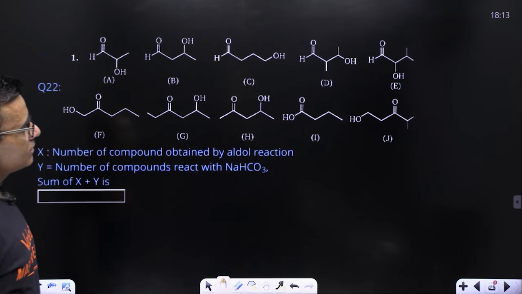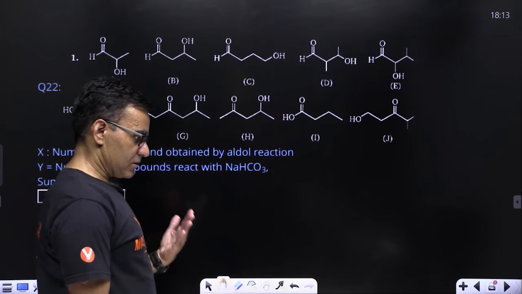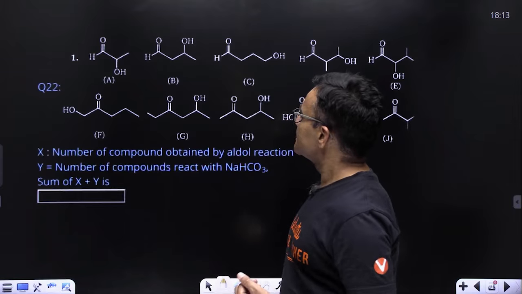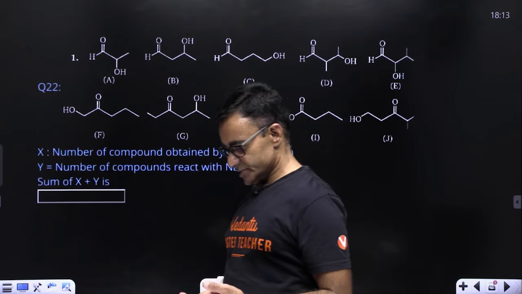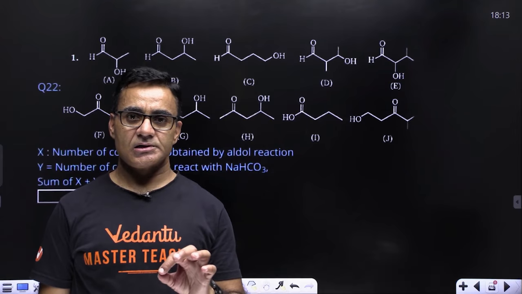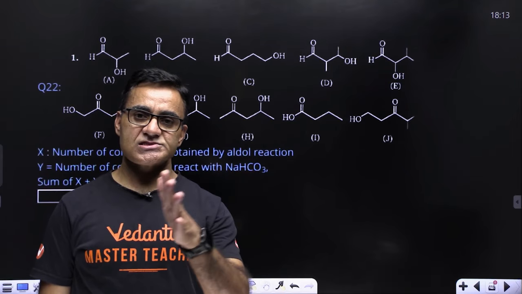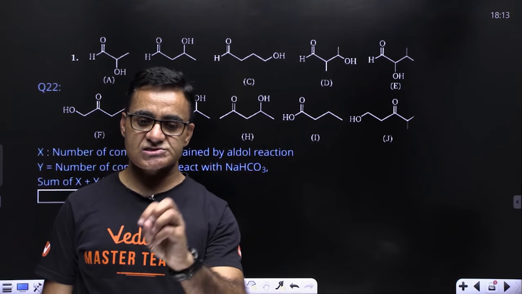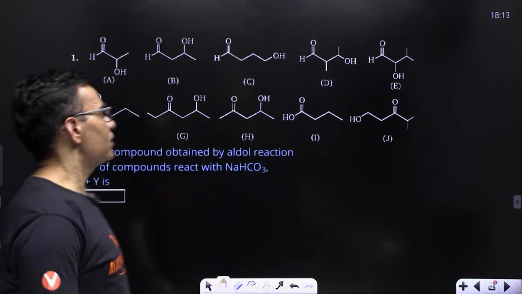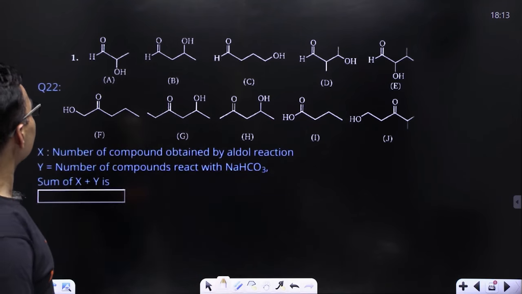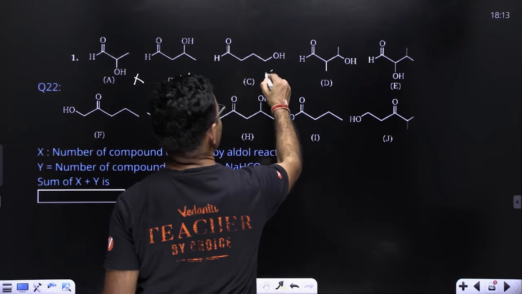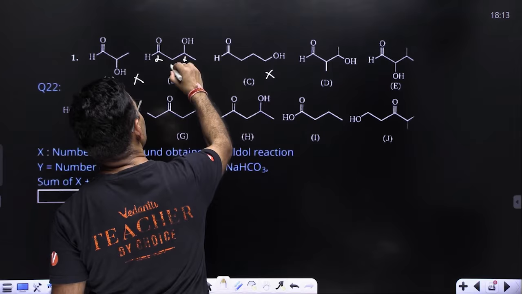All right, तो पता करिए कि number of compounds that are obtained by aldol condensation ये कौन से होने चाहिए, ये वो होने चाहिए जो बेसिकली एल्डोल कंडेंसेशन से निकल के आते हैं, और एल्डोल कंडेंसेशन से निकल के बनने वाला जो प्रोडक्ट होता है वो बीटा हाइड्रोक्सी एल्डिहाइड या कीटोन होता है। तो चेक कर लीजिए बीटा हाइड्रोक्सी एल्डिहाइड या कीटोन कौन से हैं। ये नहीं है, ये है बी, ये भी बीटा नहीं है। देखो ये अल्फा होता है, ये अल्फा है, ये बीटा है, राइट।